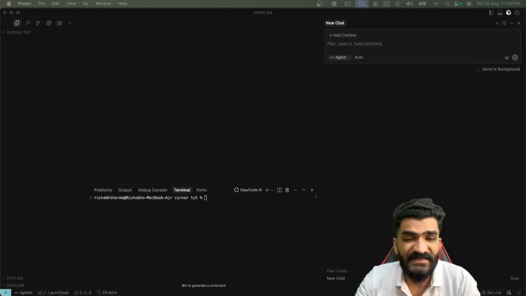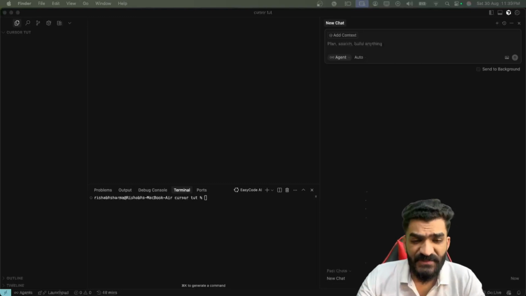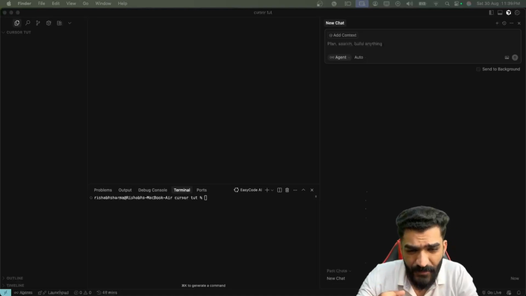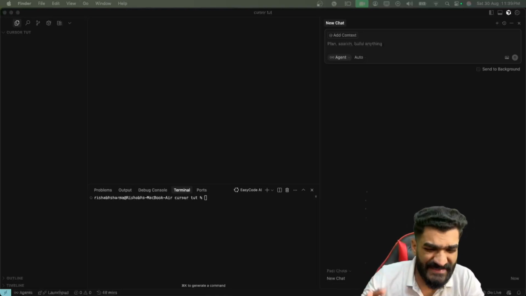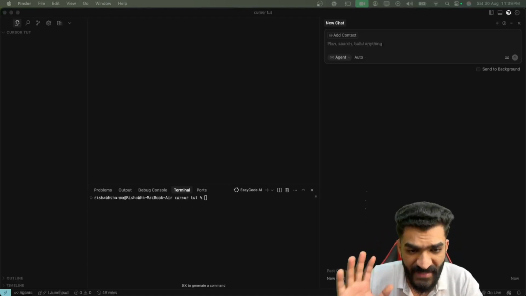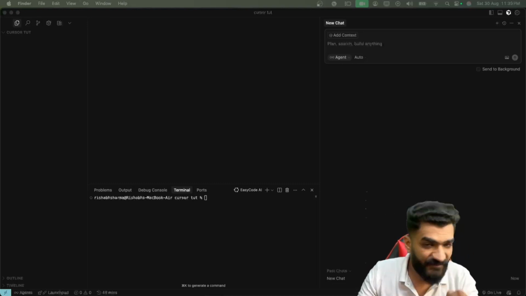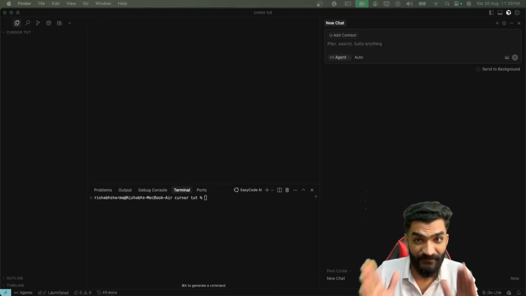From this video, we are starting a new series on Cursor. So, let's first talk about what Cursor is. I guess by now you have probably heard about Cursor, but if you haven't, Cursor is basically a premium code editor. It is the most powerful software tool there is to make you a 10x developer, no matter whether you are a tech or a non-tech person. It can make you a 10x developer.